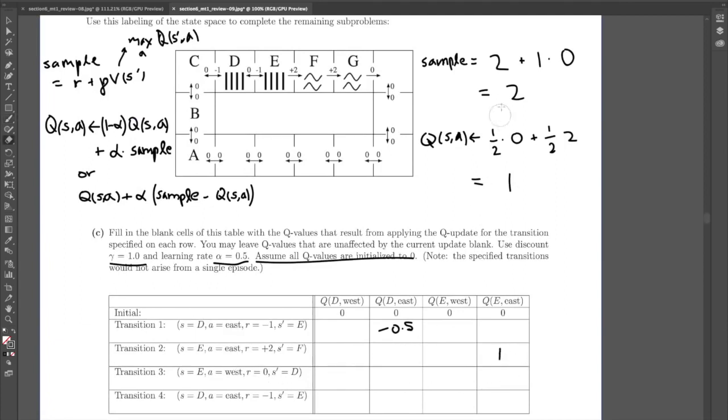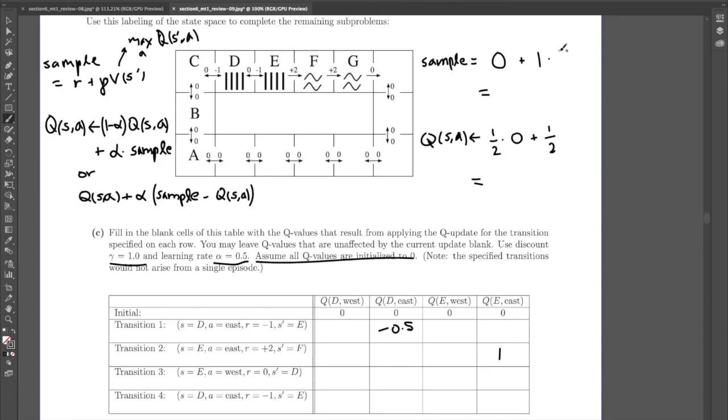Okay, transition 3. Again, it's the same process. So basically this problem is meant to give you practice with how to mechanically perform the Q learning algorithm. For this one, the sample value reward is equal to 0, gamma is still equal to 1, and the expected future reward is equal to... okay, so in this case, the reward is equal to 0, gamma is still equal to 1, and what is